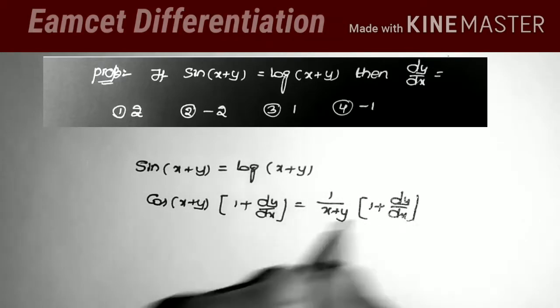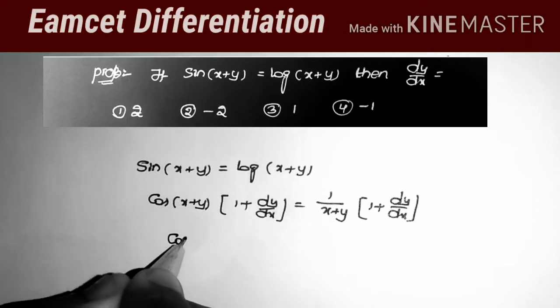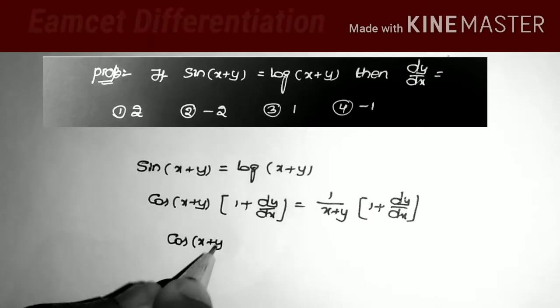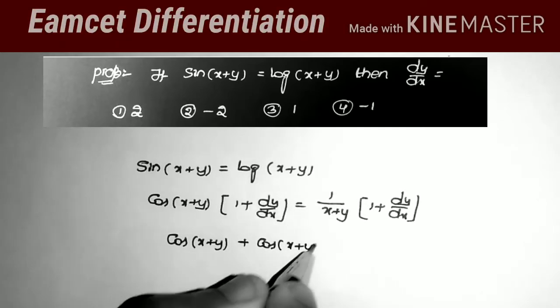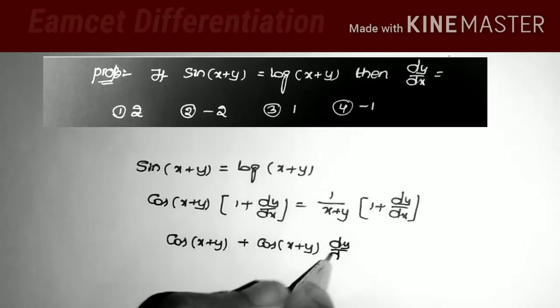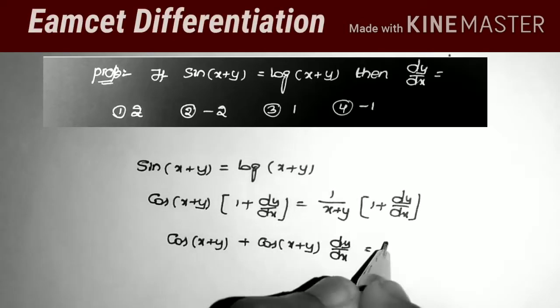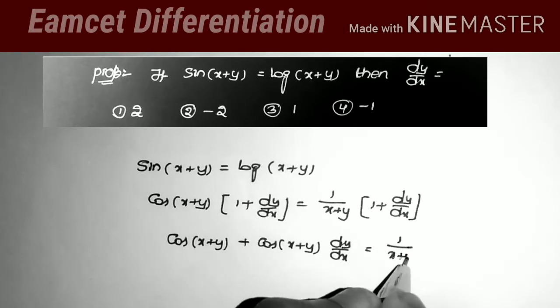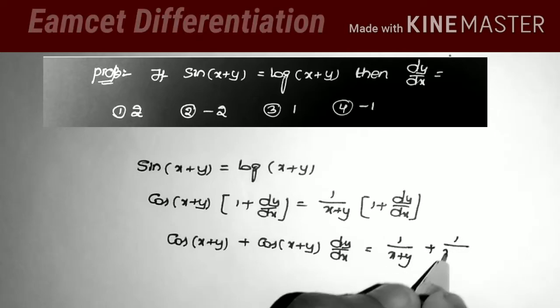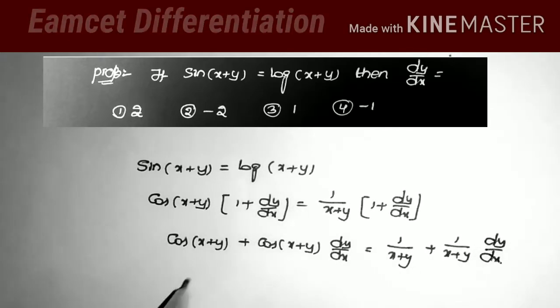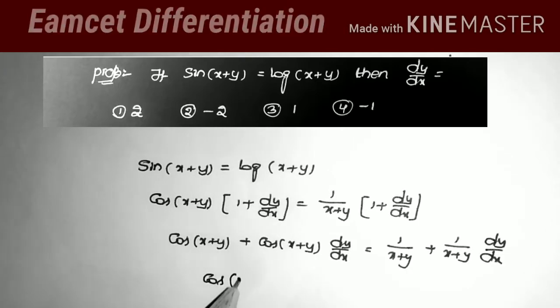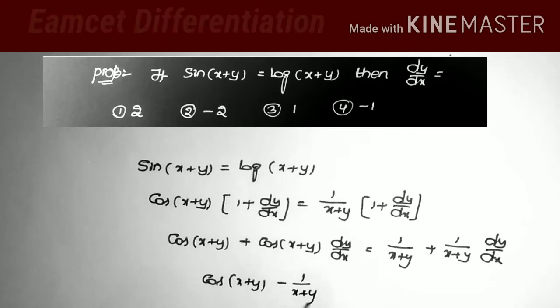Now we want the dy by dx value. So writing the dy by dx terms here, cos of x plus y plus cos of x plus y into dy by dx, just multiplying the values. Cos of x plus y plus cos of x plus y into dy by dx is equal to 1 by x plus y plus 1 by x plus y into dy by dx. Now writing the dy by dx terms at one side and the remaining at one side, that is cos of x plus y minus 1 by x plus y is equal to